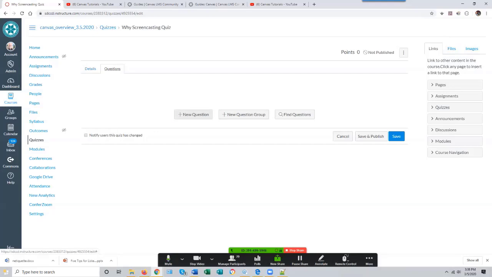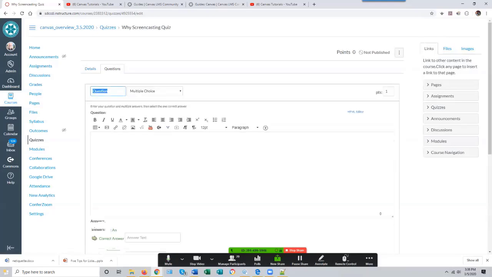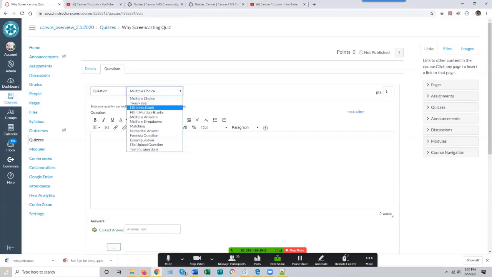But the basics are just to add a question. These are your question types. Multiple choice being the top option, the most common. But true, false, fill in the blank, multiple blanks, multiple answers, every student's favorite. A multiple choice question with more than one right answer, every student's nightmare, but probably the best type of objective